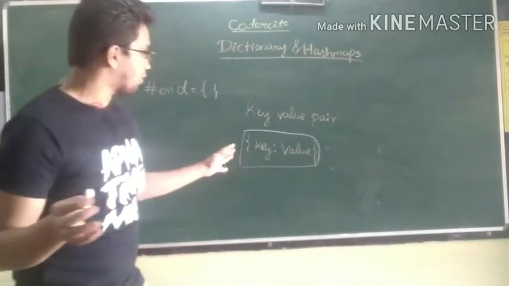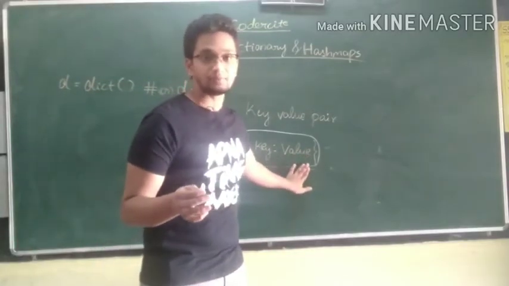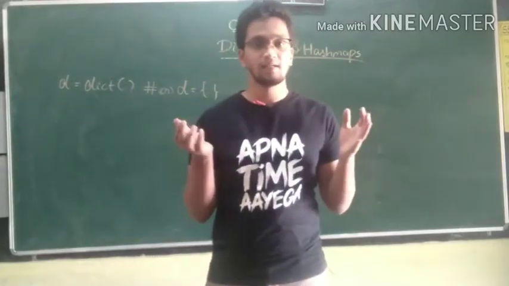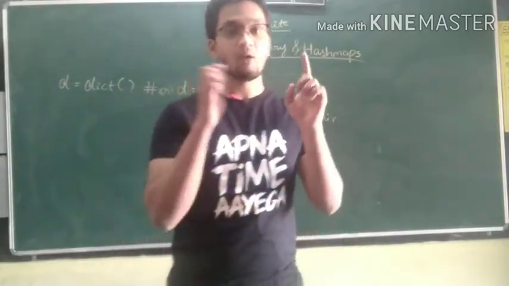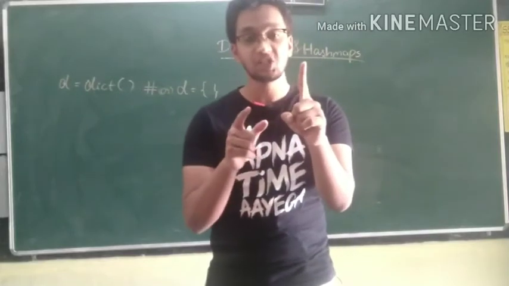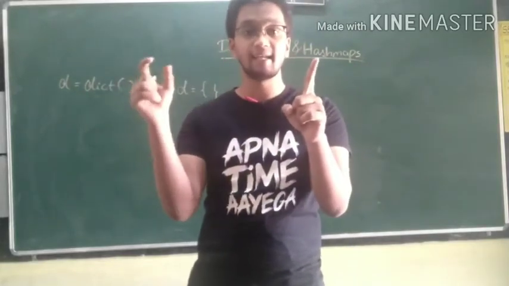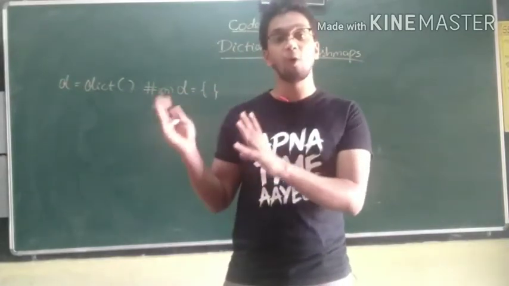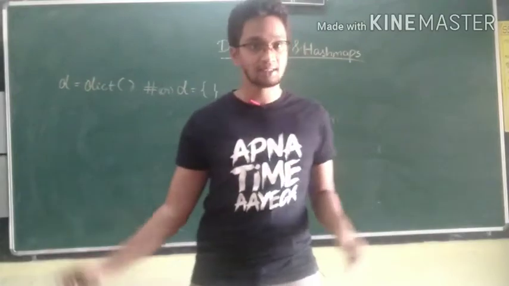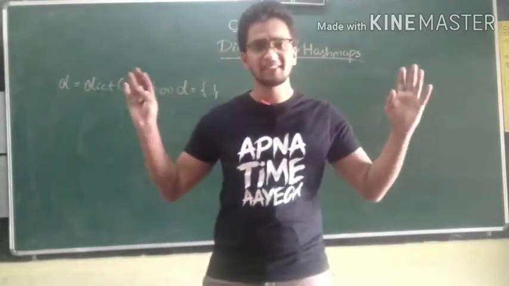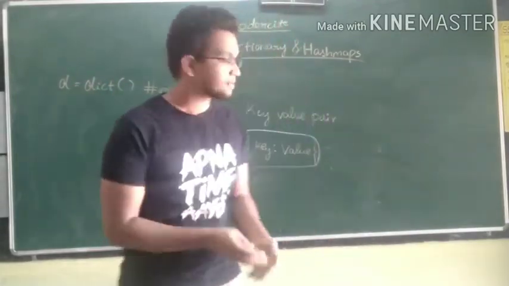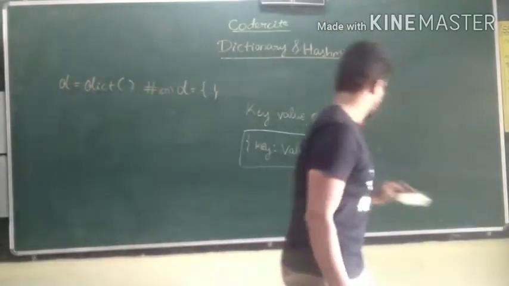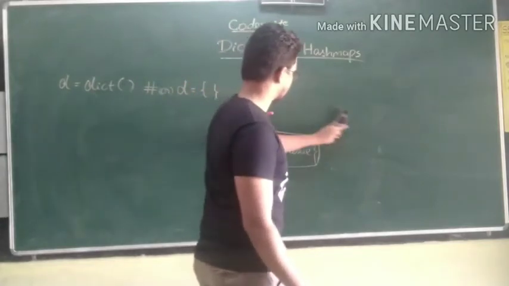Okay, so what is key and what is value? Assume that you want to teach your child that number one in English is represented by O-N-E and number 2 is represented by T-W-O. How will you do that in coding? You cannot simply write if else statements, right? That's why what you will do is, you will use a dictionary.